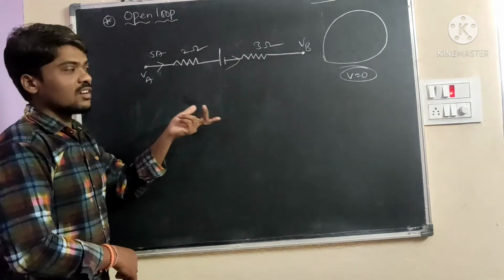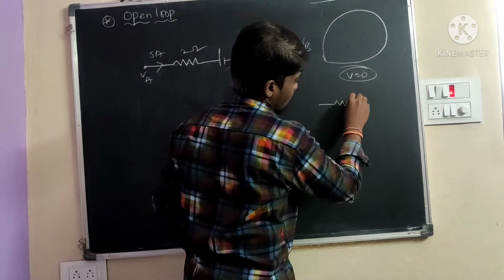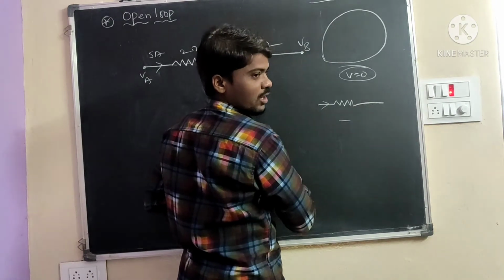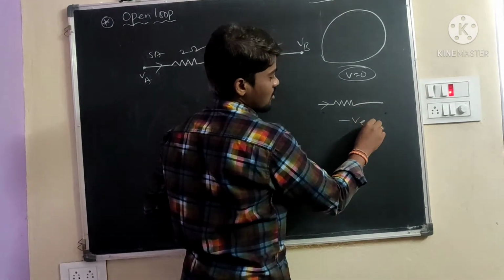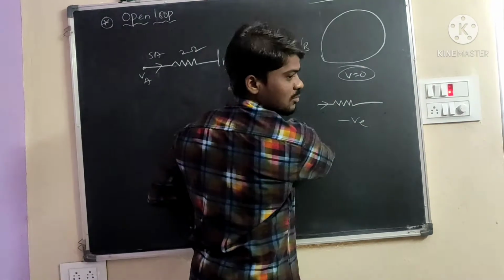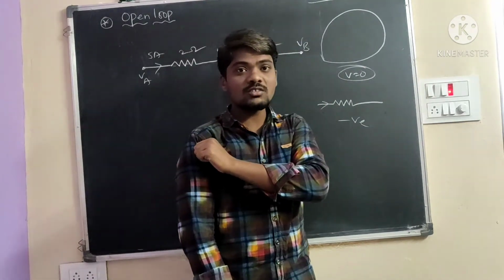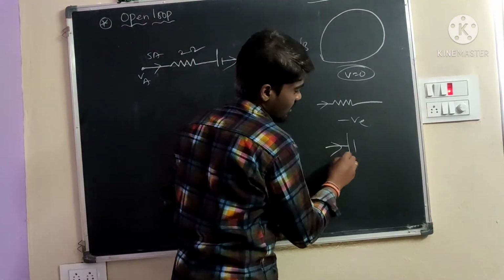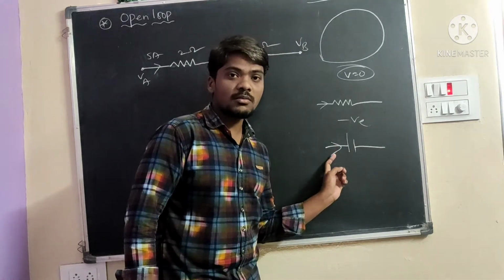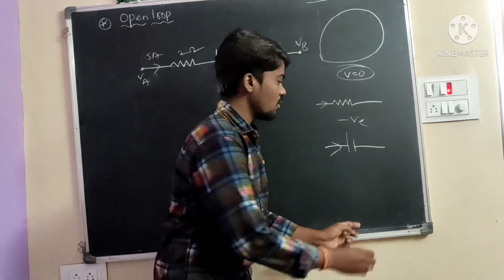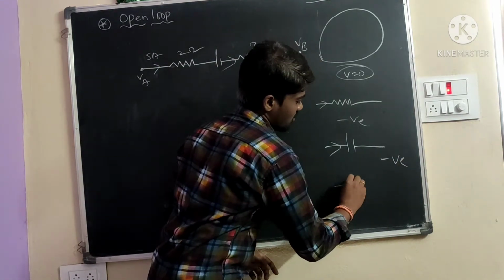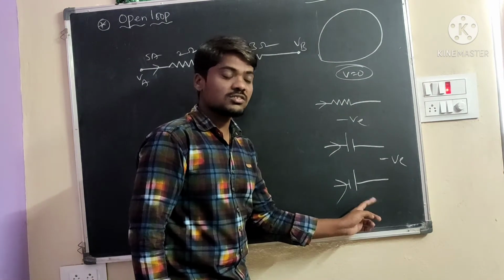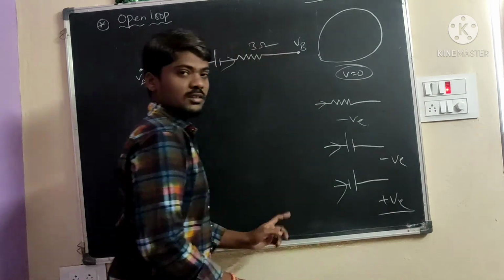According to the sign convention rule, if the current is moving to the right side through a resistance, you will take it as negative, a negative potential difference. If it moves to the left side, you will take it as positive. For example, the battery is similar. When the current moves from the positive terminal to the negative terminal, you will take it as negative. Quite opposite, when the current moves from the negative terminal to the positive terminal, the potential difference is positive. These are the sign convention rules.